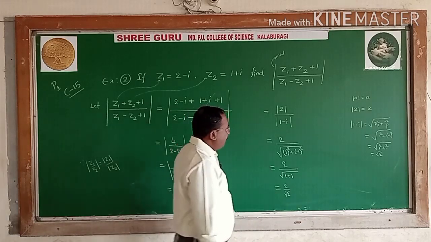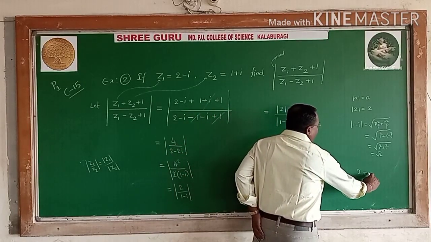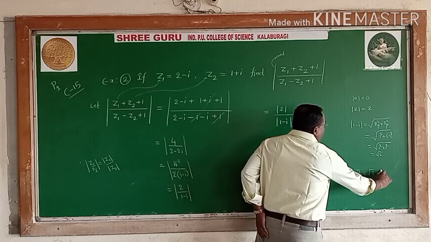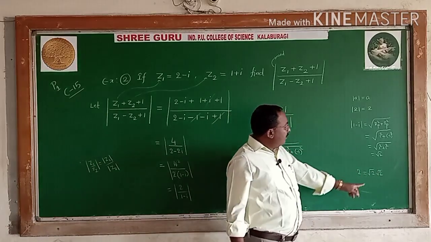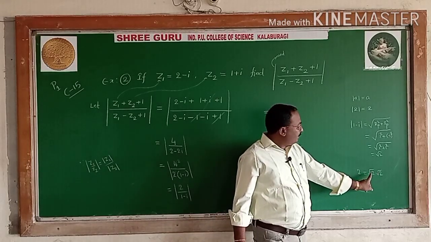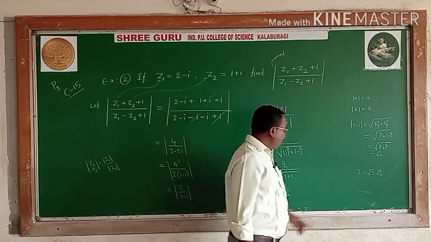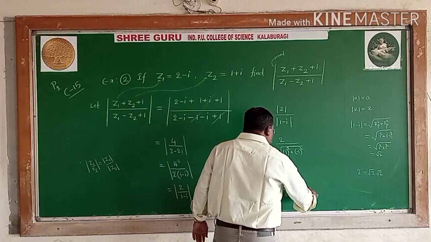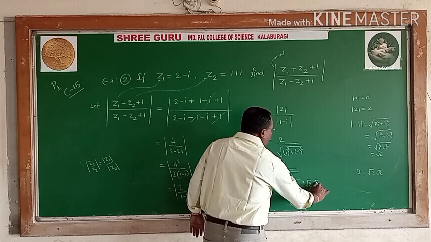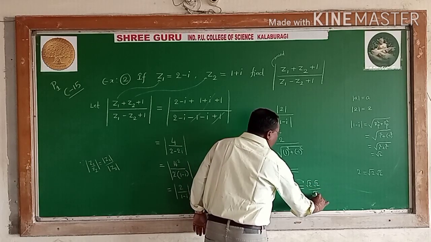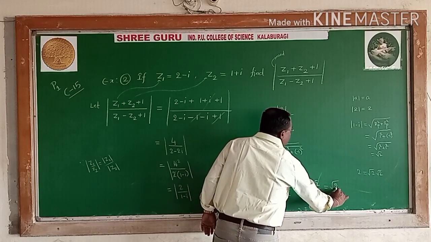Do you know that here one condition is there? 2 can be written in the form of root 2 into root 2. Root a into root b is root ab. Root 2 into root 2 is root 4. The value of root 4 is 2. So 2 can be expressed as root 2 into root 2, divided by root 2. One root 2 gets cancelled. The answer is root 2.